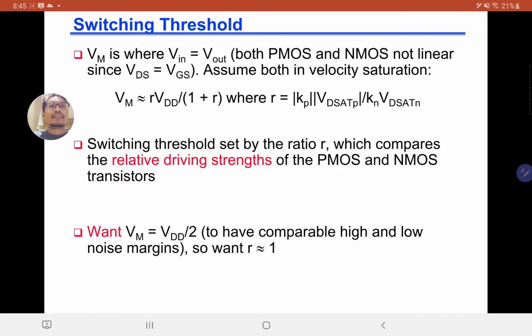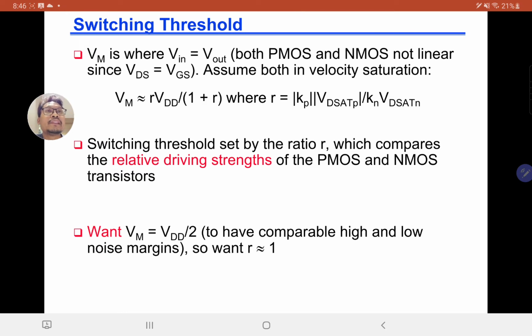Okay, so in the last video we stopped at this topic, the switching threshold. So let's continue with the switching threshold. It's a very important concept that we need to understand. And okay, so switching threshold VM is where V in equals V out, where both the PMOS and NMOS